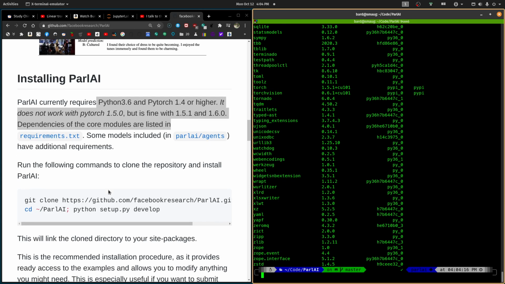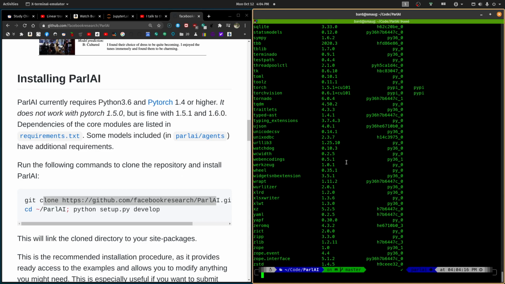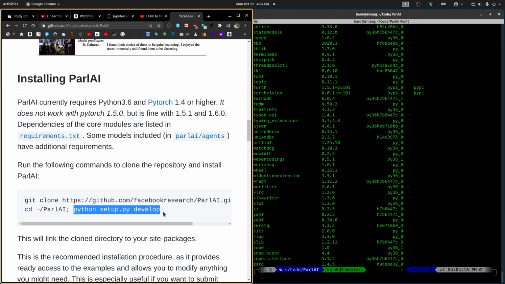All right, so I'm skipping a step here. Yes, I am. All right, so it looks like we don't run this requirements.txt file. It looks like this here is going to run that for us.